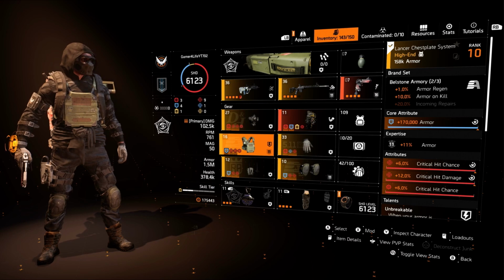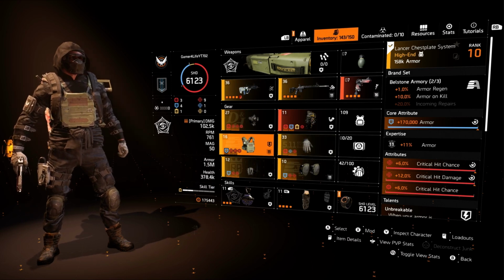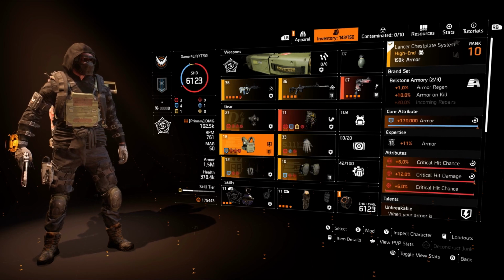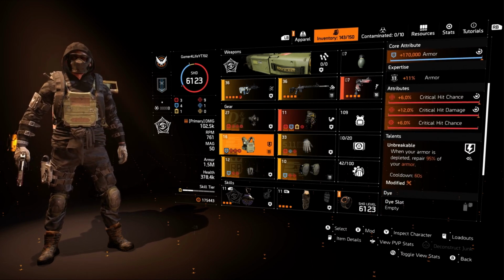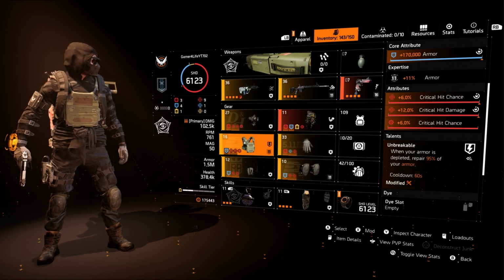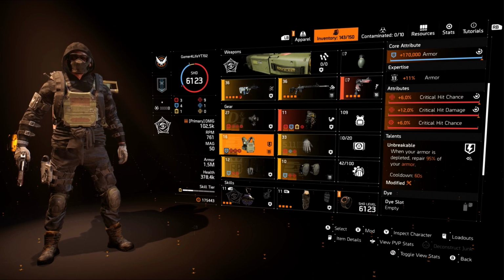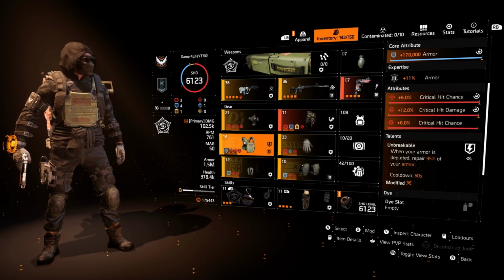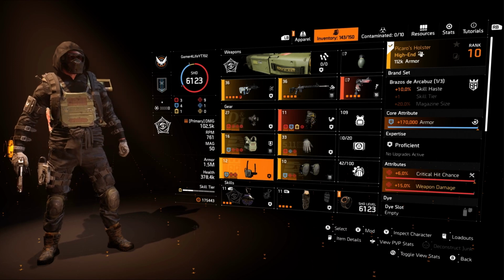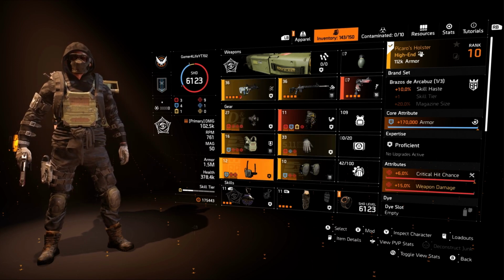This one is rolled with max armor, crit chance, crit damage with a max crit chance mod, 11% for the expertise roll, and the talent I went with Unbreakable, again to give us more survivability. When your armor is depleted, repair 95% of your armor. Cooldown is 60 seconds. Then we do have the Baccarat's holster, 10% skill haste for the brand set bonus, rolled